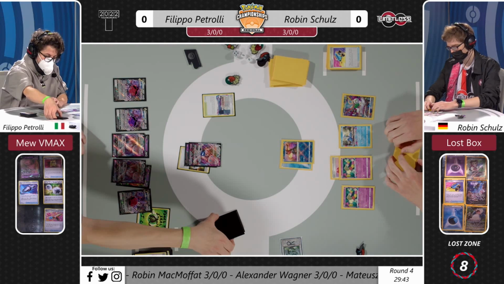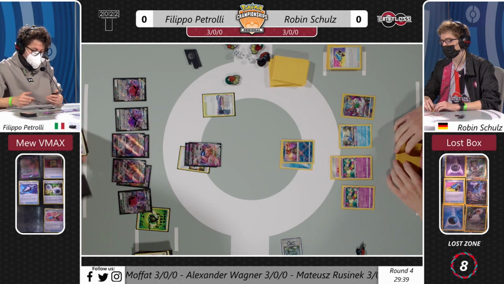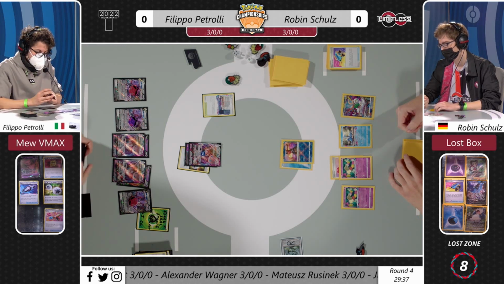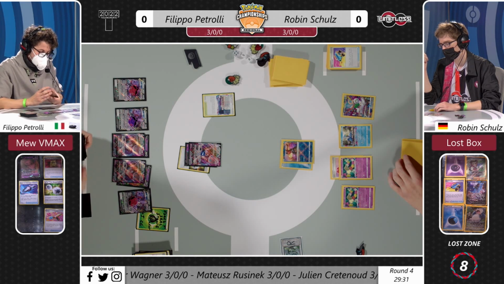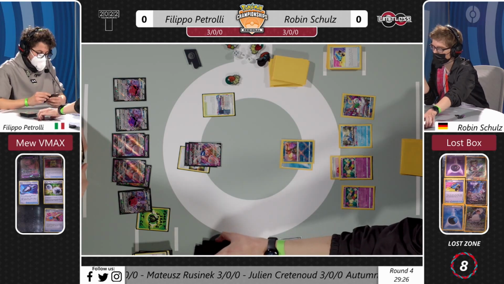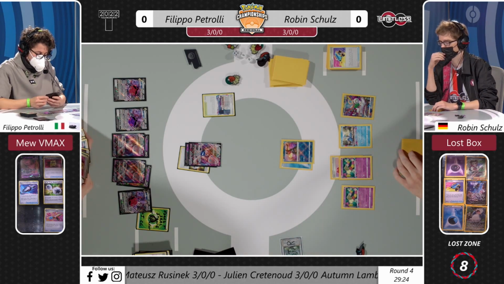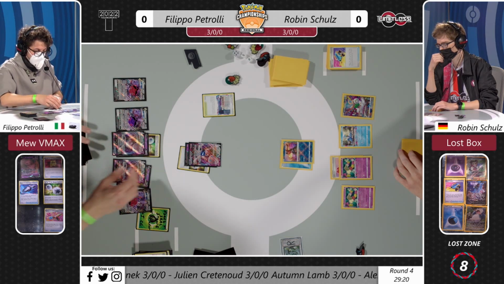This Radiant Greninja hitting the Lost Zone is not looking great for him, because now he's got no way to access the bench outside of Sableye, obviously. But one of them, I think, has been Lost Zoned, I believe. Radiant Greninja hitting the Lost Zone, no way to... this is looking a bit suspect right now. And this Mew VMax, even if it's got 110, isn't going to get KO'd anytime soon. So it doesn't even need to Psychic Leap. I think we probably just...